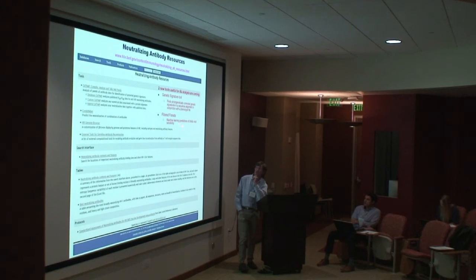Another is the filtered forests tool, which is associated with it. This is machine learning, and people talk about machine learning as though it's terrible, and that's mostly because it is. Just saying. But there are some things it does well, and in this application, it can do a pretty reasonable job of taking a sequence and inferring whether it's going to be neutralized or not. And the paper is almost